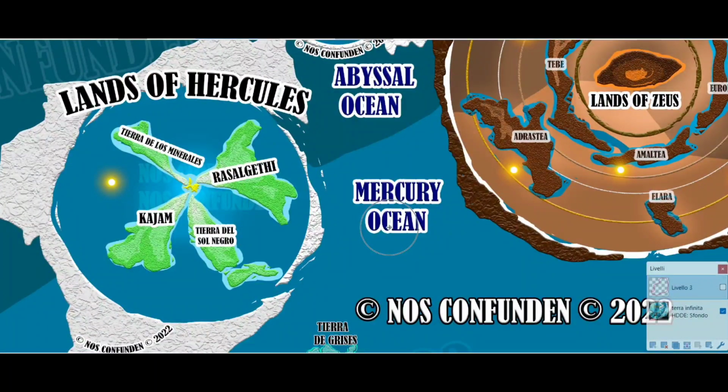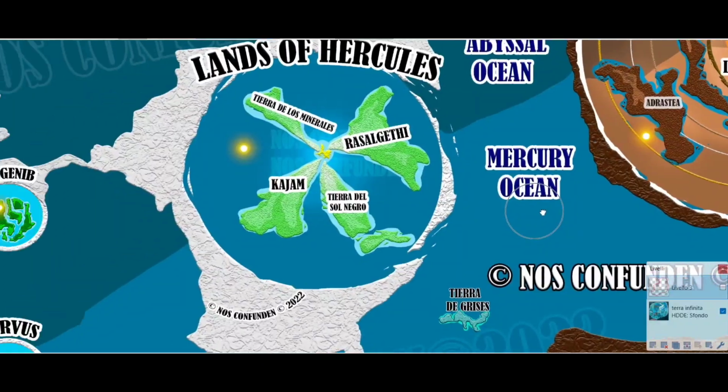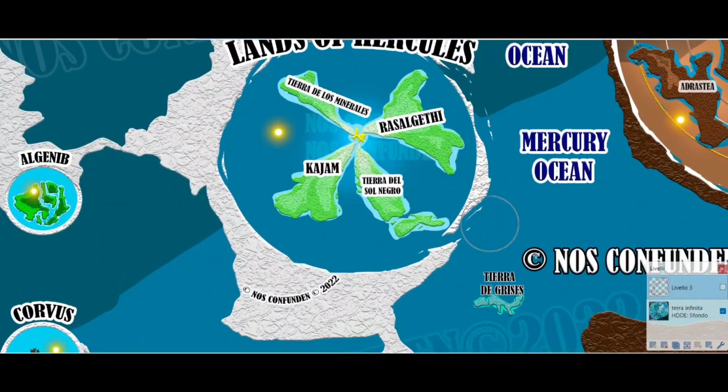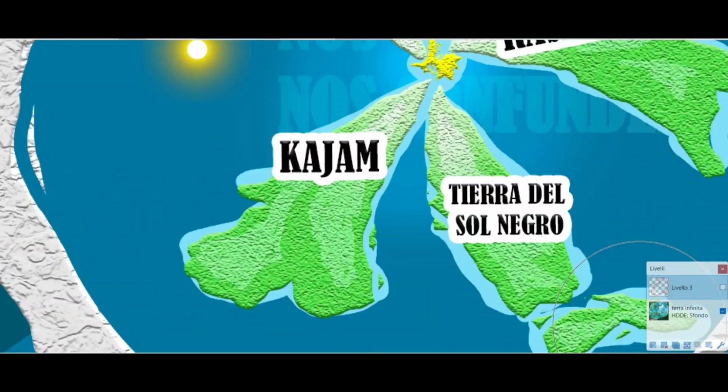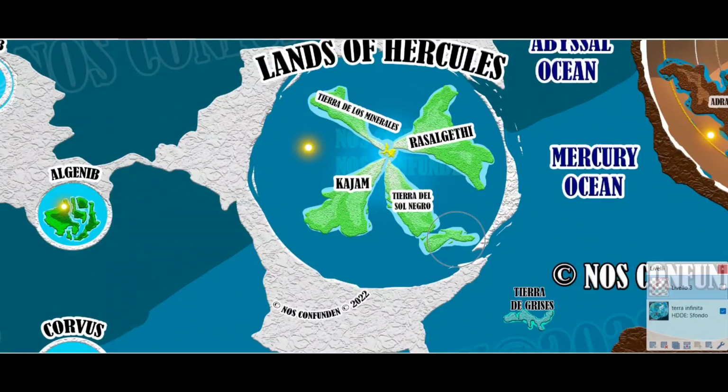A lot of the times we have to guess what the oceans are made of, because unless it's specified that it is made of some sort of water, it can be made of any liquid. In this case, very clearly, it's a Mercury ocean, which means these oceans are made of mercury, which is why the lands of Hercules, which seem to have exactly the same color as the Mercury ocean, are not impassable. Mercury is definitely a substance that is passable through, but they don't really give life to anything.